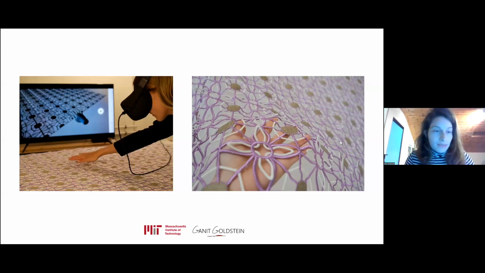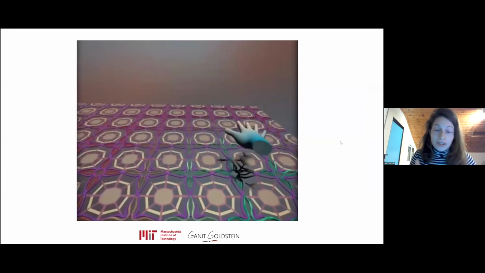So basically, it was a design of two different versions of the same fabric, in the digital space and in the virtual space. And once you hover your hand on top, it changes many things. So it could change the color, it could change the shape, it could change the sound. So it's about planning what are the embedded functions that can happen when you correlate physical and digital fabrics.